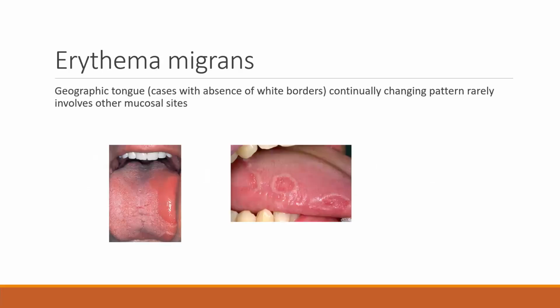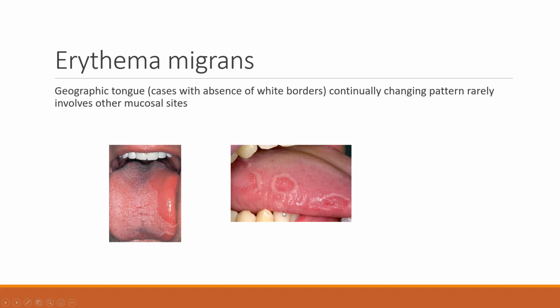The lesions can appear both red and white, and the typical example of that is erythema migrans, also called geographic tongue. Everyone knows that this is called geographic tongue because the lesions keep wandering around along the entire surface of the tongue. Sometimes it can be seen here, and in the next few days it can be seen transferring. The classical presentation of this is again devoid of any papillae on the tongue, and it is usually surrounded by thick white